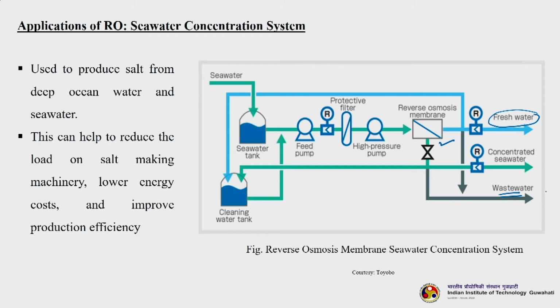So, what is happening in this process is this RO is enriching your concentrated seawater to more concentrated water. Okay. So, the aim is to increase the salt concentration in the water, so that it can easily be converted into salt. So, more salt can be produced from the concentrated seawater, rather than using the usual seawater, which is usually at 35,000 ppm concentration. So, if you can make it to more than 1 lakh ppm, even more than that, then the rate of production of salt will be higher basically.